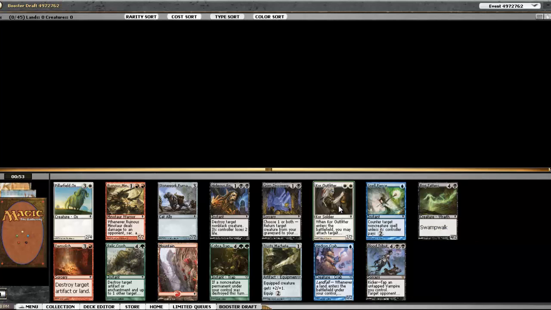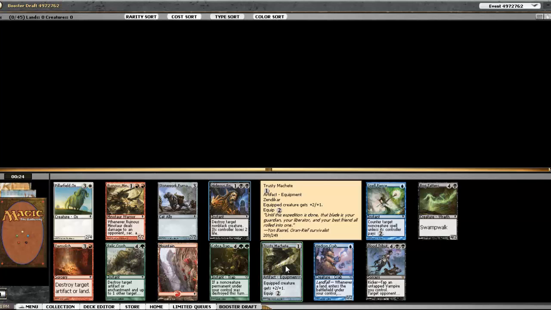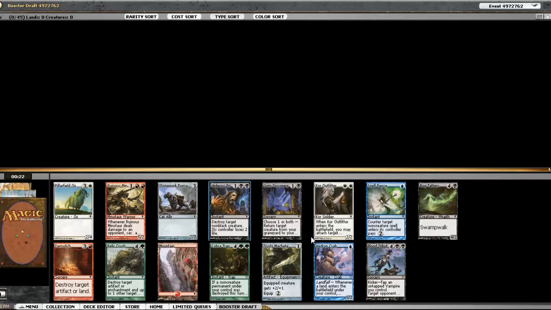That doesn't seem good. I've been told this is a really cripplingly aggressive format, so I'm just going to try and evaluate this the way I would any other format, but prioritize cheap spells, cheap guys. Head on crab, no. Seems fine. Swamp Walk's fine. I think I'm taking Hideous End. I could be totally wrong. Trusty Machete is probably the right pick. It's colorless and it's aggressive,